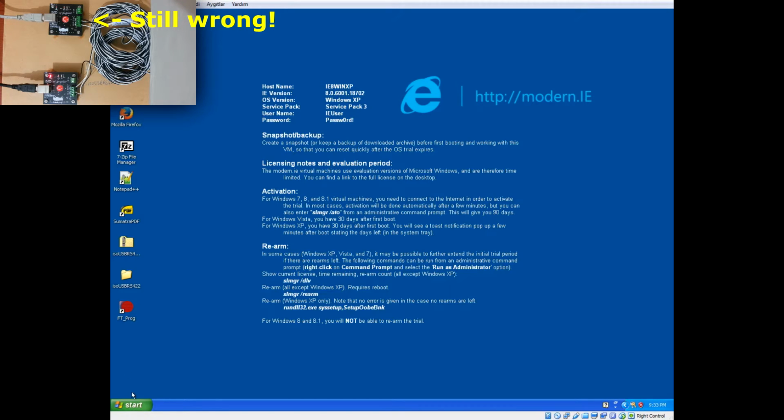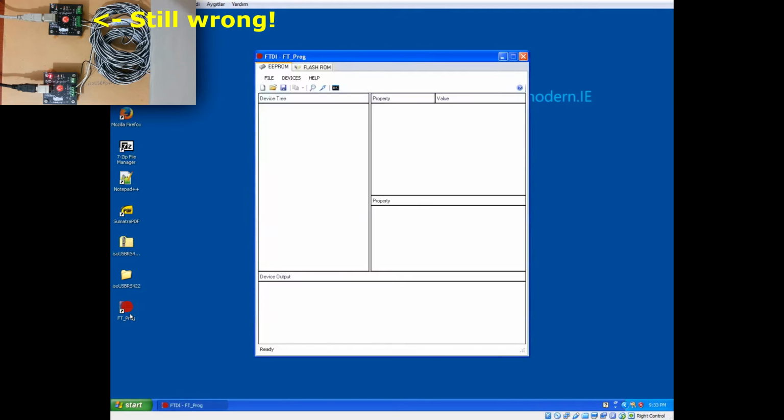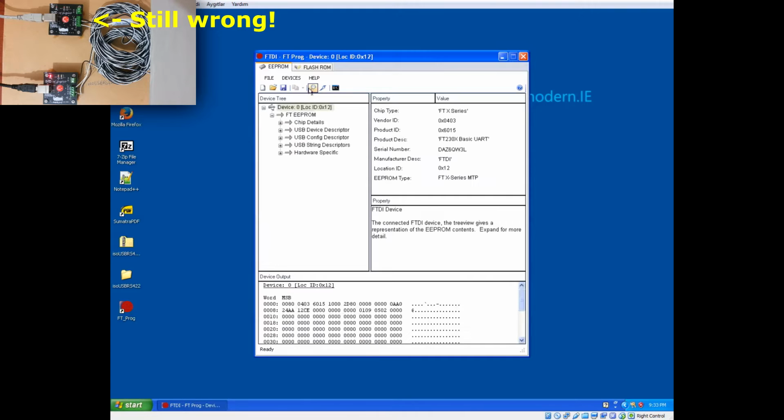Okay, we will use FTPROG. I connected my converter board to this virtual machine. So I press scan and parse. Device is found.